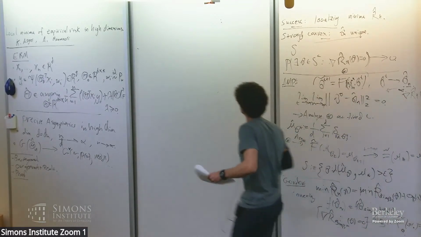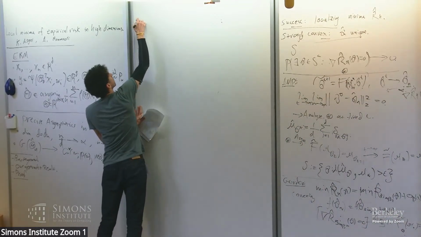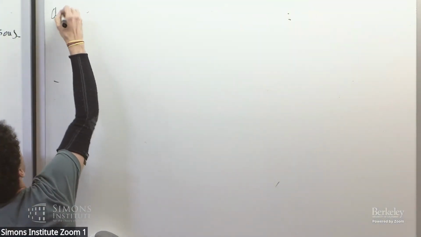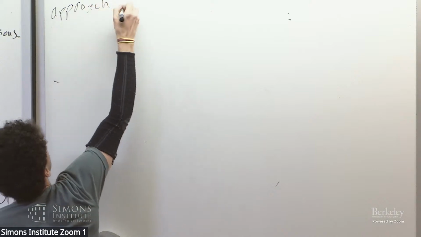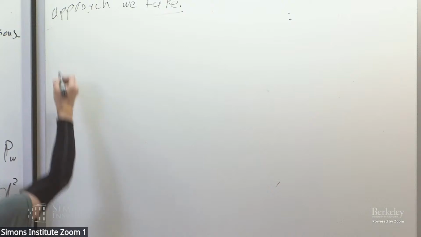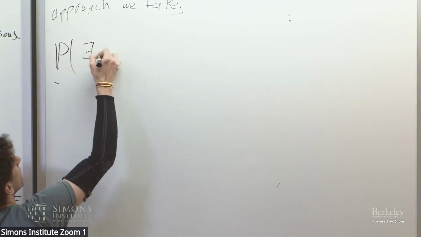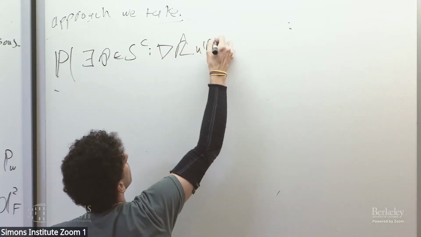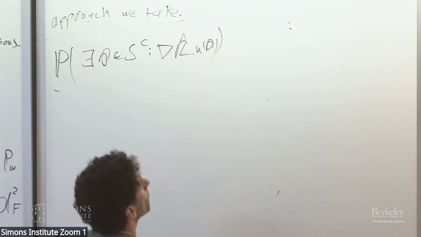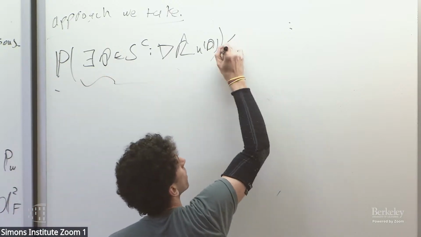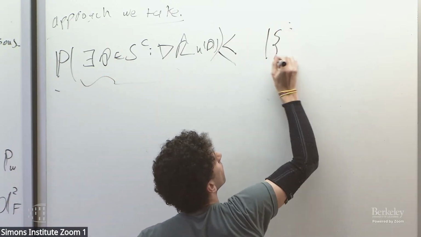Okay, I guess this is just a setup so that now I can talk about the approach that we take. Maybe I'll say approach we take. We do something similar in that we try to bound the probability that for x, theta is in S complement, such that this is true. But we try to do this via Markov's inequality. So we bound this by